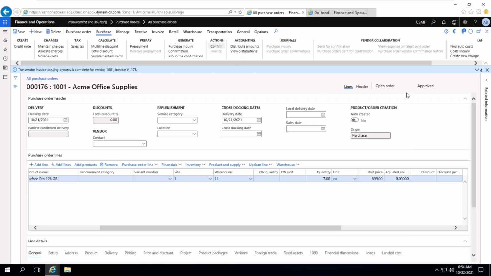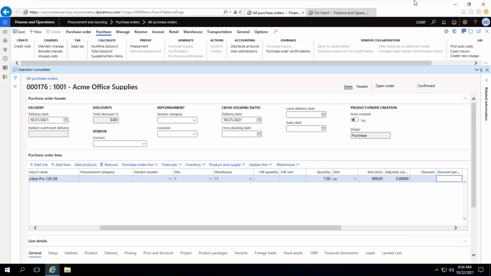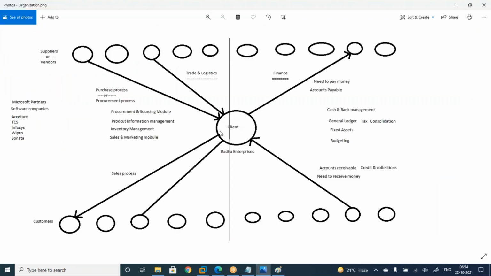Satya, without confirming, the vendor people will not see this record at their end, right? So you need to imagine, purchase order creation and confirmation is happening in this one.